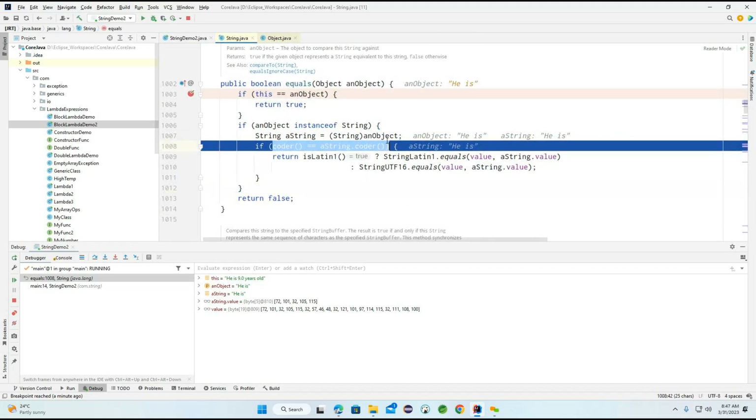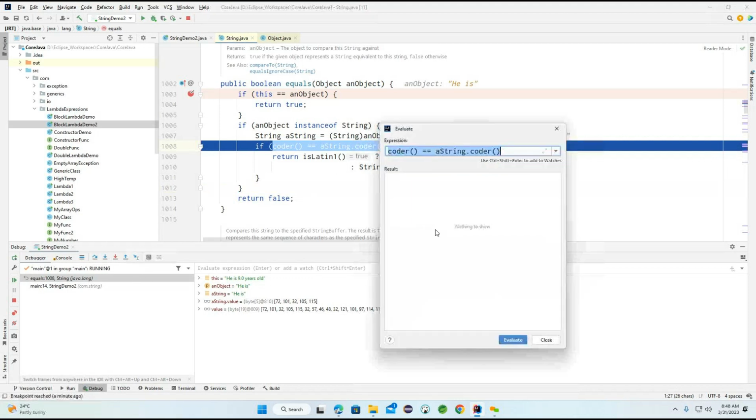After this, now I'm checking this coder. Now I'm trying to check this particular coder. First, let's evaluate what exactly this coder will do. It is trying to return true. Why is it trying to return true? Because